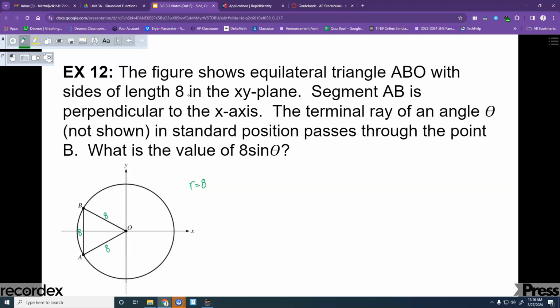The terminal ray of an angle theta, which is not shown in standard position, passes through the point B. So if the terminal ray passes through B, we're talking about this angle right here, right? So the initial ray, if it's in standard position, always has to be on that x-axis, and we're going over to B right here, so we're talking about this angle. We want to know what is the value of 8 sine theta. To do this,